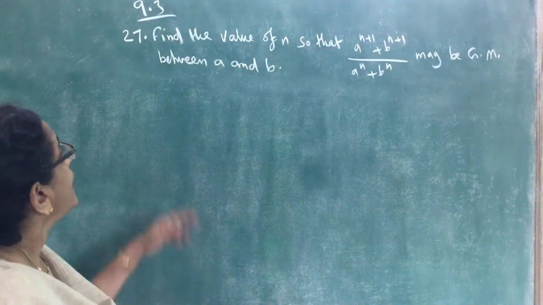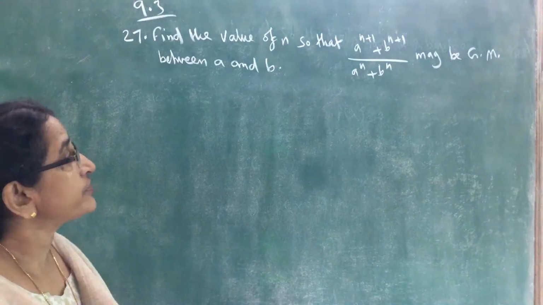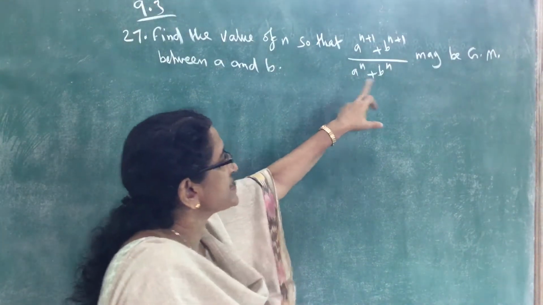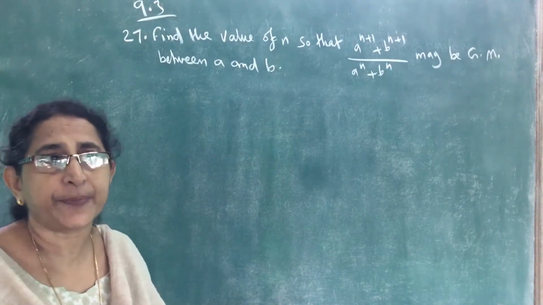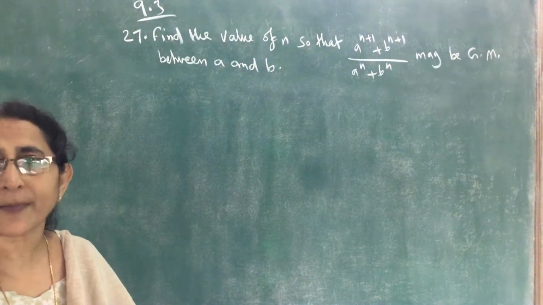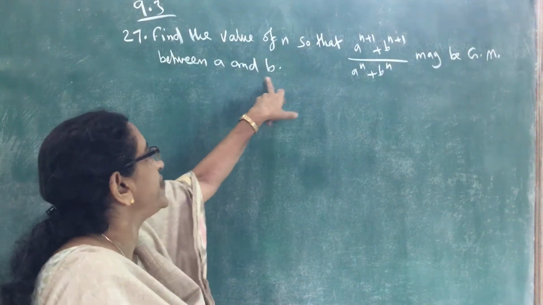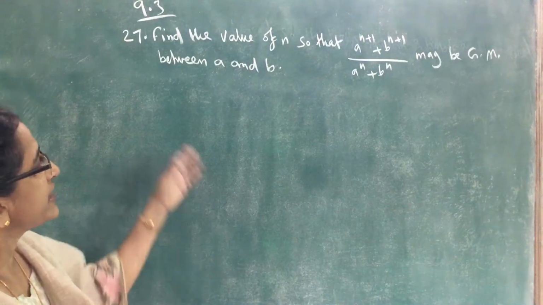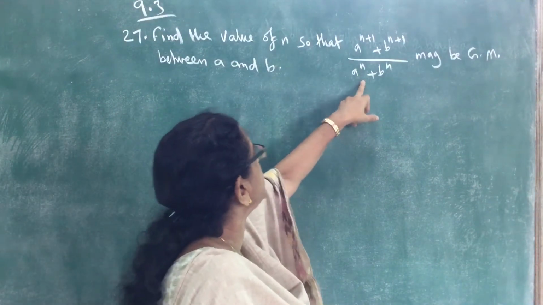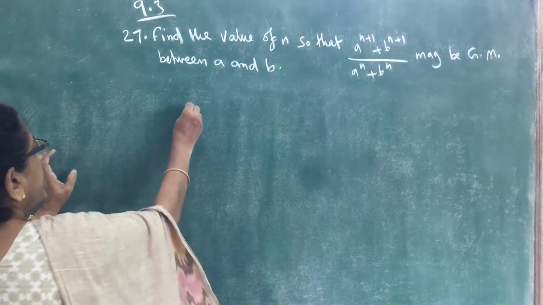9.327. Find the value of n so that this is the geometric mean between A and B. We know the formula for geometric mean, that is root of AB. Given that this is the geometric mean between A and B, we can write A raised to n